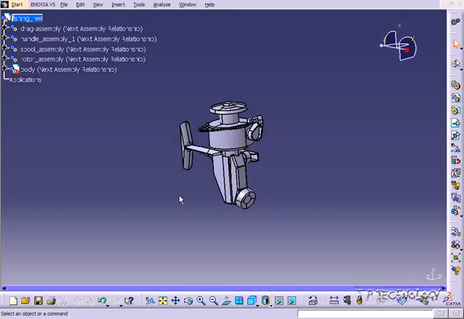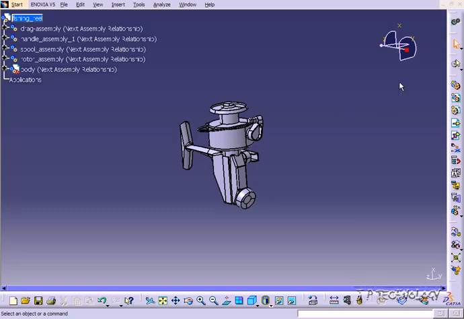This is tutorial number 9, and it covers the compass views within CATIA V5. To start off, open up the fishing reel step file, which is included on the DVD. Now, what I'm going to go over in this tutorial is the views and moving around with the compass in